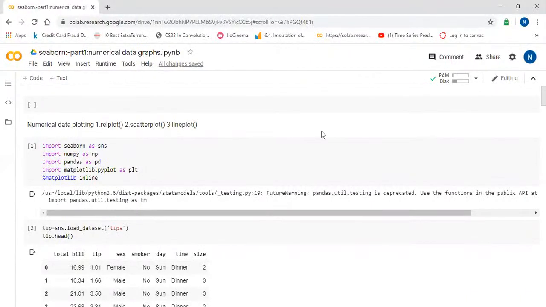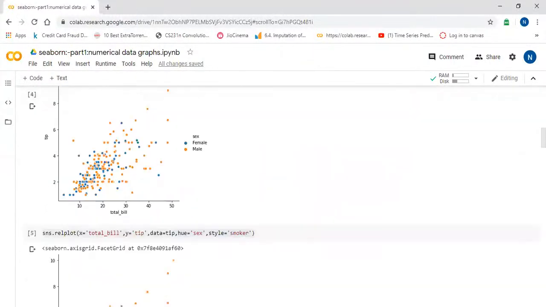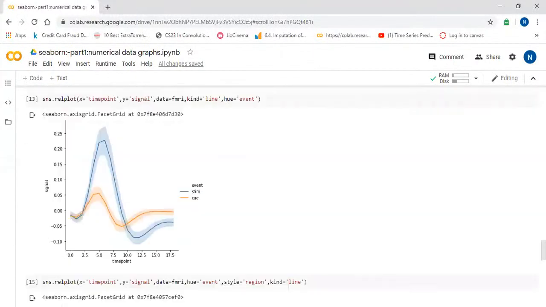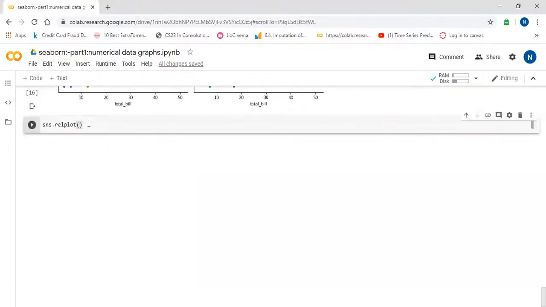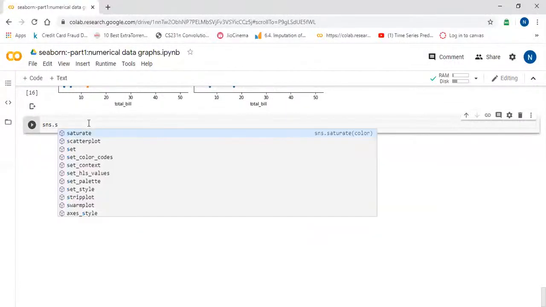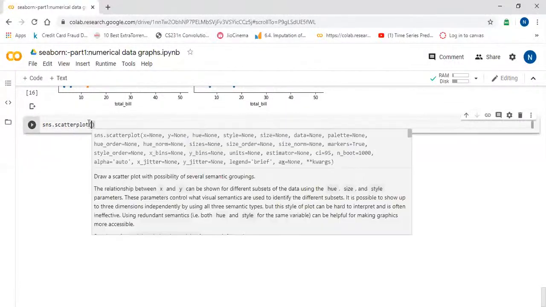The same goes with the scatter plot. If you want to use the separate scatter plot function, you can use it. Suppose sns.scatterplot is there.